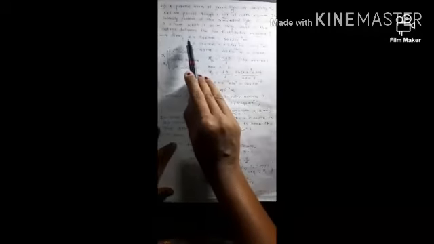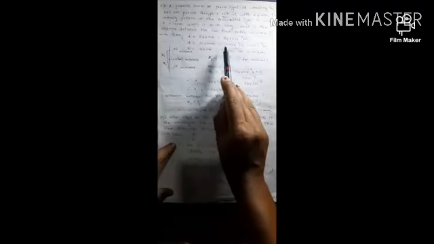21st example. A parallel beam of green light of wavelength 546 nanometer passes through a slit of width 0.4 mm. So wavelength is given, 546 nanometer. Nanometer means 10 raised to minus 9 meter. The width of the slit is 0.4 mm. So 0.4 into 10 raised to minus 3 meter, or we can write 4 into 10 raised to minus 4 meter. Note that a single slit is given. So obviously this is the diffraction pattern. Example which is based on the diffraction pattern.